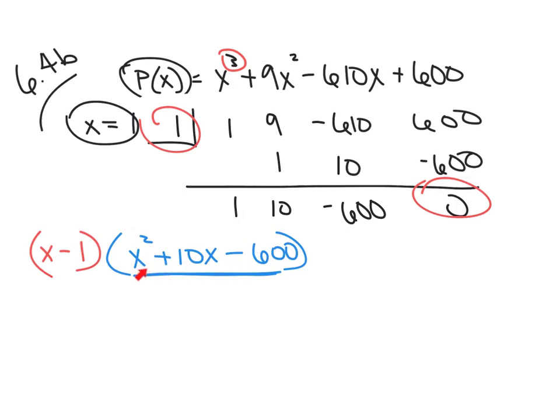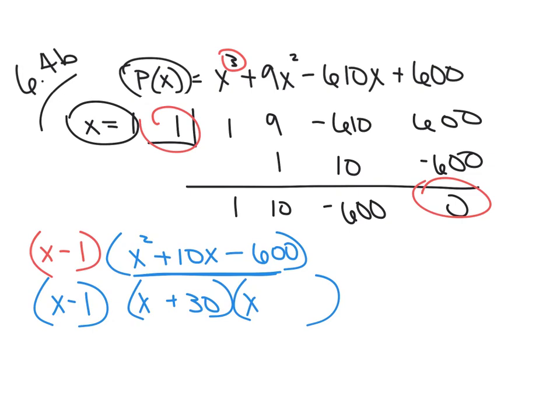And one of the things that you notice is it's easier to solve this, because you can solve this with quadratic, completing the square, or factoring, whereas this here you can't solve that way. So if we can lower our highest exponent from a 3 to a 2, that means it's a lot easier algebraically to go ahead and solve this. So what we've got here is x minus 1, and then we can solve this using factoring or quadratic. It doesn't really matter. Factoring is going to be the easiest in here because they are nice, easy to do